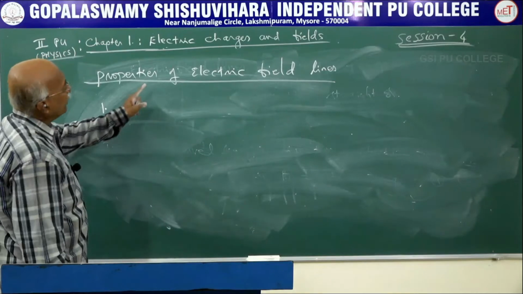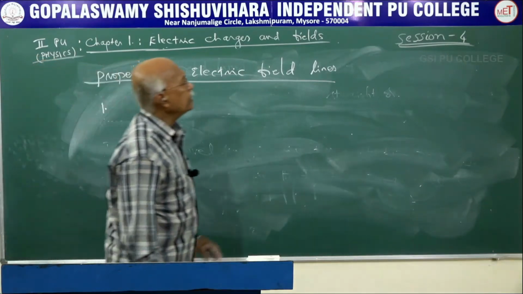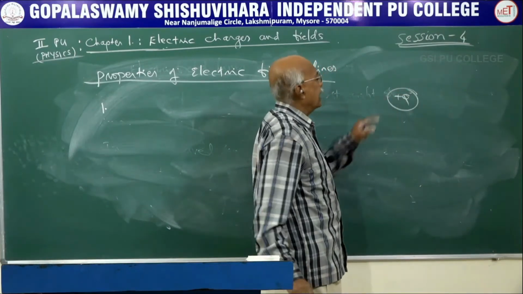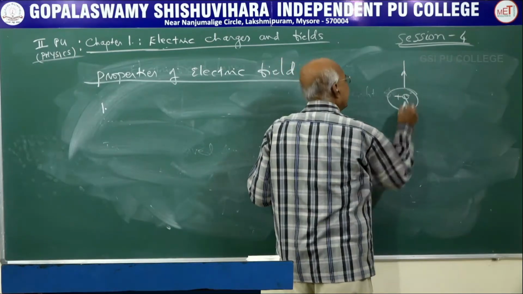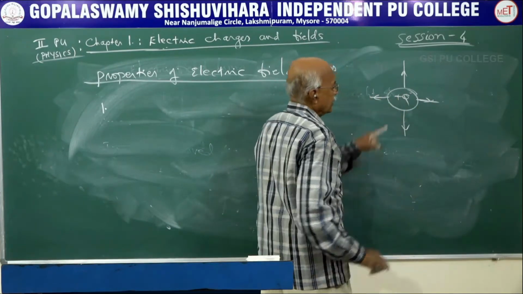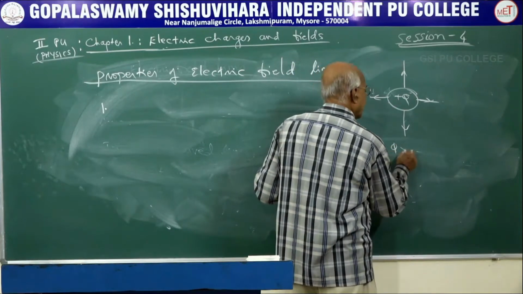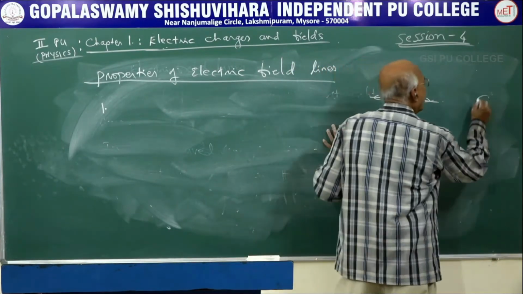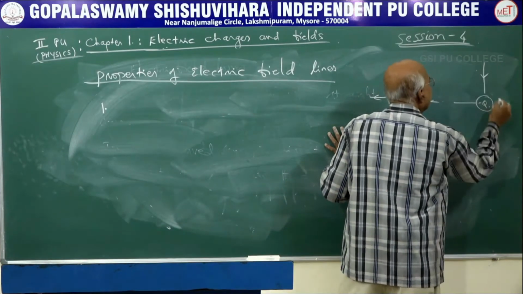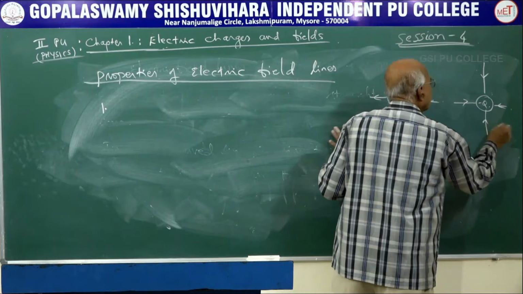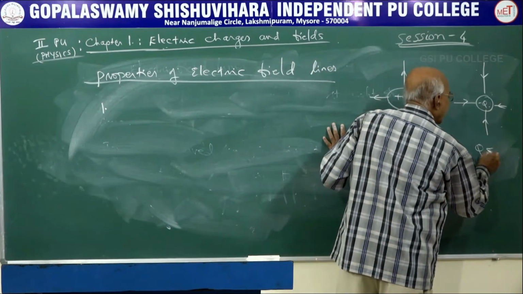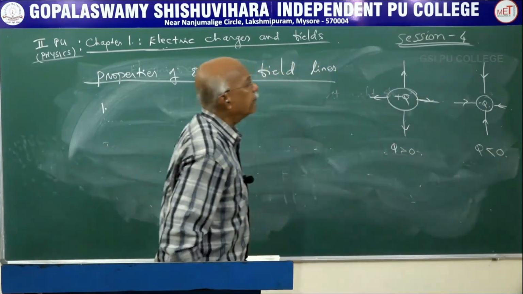Now we will write the first property. We have already understood that if it is a case of plus Q charge, then we have written that the electric field lines are along this direction. That is, they originate from this. So plus Q is as good as Q greater than 0. If you have a minus Q charge, in such cases we wrote the direction in the reverse direction. So this is the direction in which the electric field lines are available. This is possible when Q is less than 0. This diagram we have already marked.